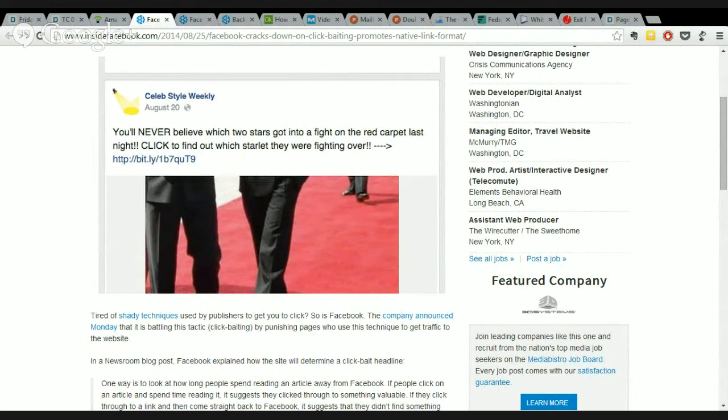Well, Facebook's been in a crackdown mood recently, and they will be punishing pages that use clickbait tactics to get you to check out articles. Now, here's how Facebook explained they will determine a clickbait headline. One way is to look at how long people spend reading an article away from Facebook. If people click on an article and spend time reading it, it suggests they click through to something valuable. If they click through to a link and then come straight back to Facebook, it suggests that they didn't find